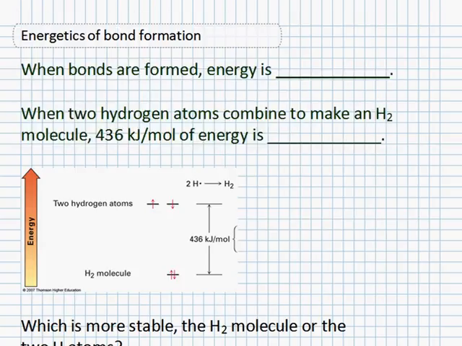Right? So let's talk about what actually happens when those two hydrogen atoms come together. We alluded to this a little bit ago, that when bonds are formed, energy is released. Hydrogen atoms themselves are really very unstable. They're unhappy because they have only one electron. Their 1s orbital is only half full. Right? An element like helium with 2 electrons in there is fine on its own, but hydrogen only has 1, so it's going to need to do what it can in order to get those 2 electrons in the orbital there. So when the 2 hydrogen atoms combine to make that H2 molecule, it turns out 436 kilojoules per mole of energy is released,